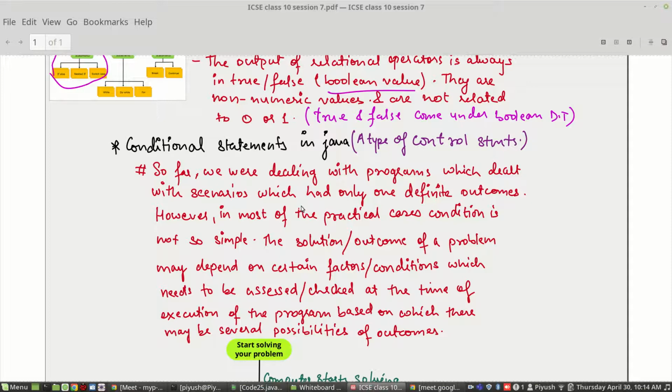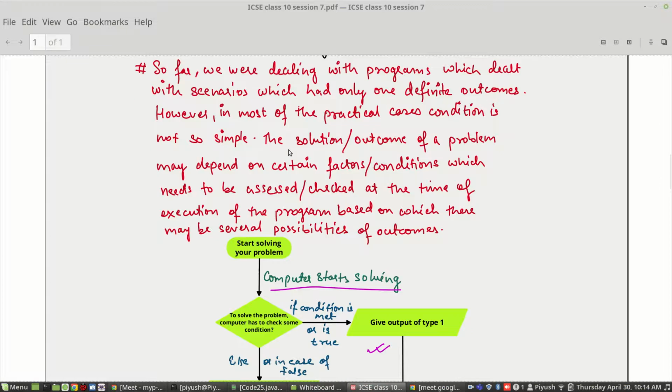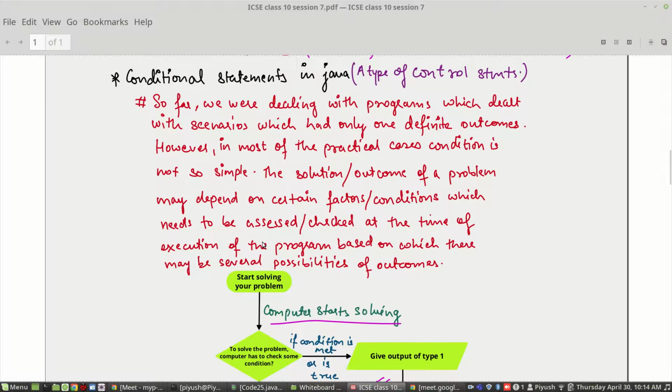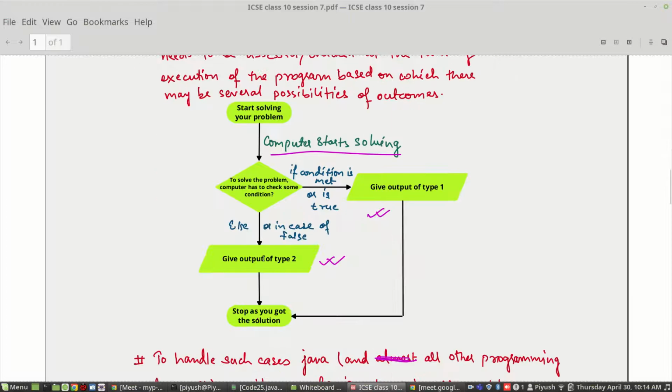For handling such cases, there should be a mechanism in programming languages which can deal with situations where, depending on some factors or conditions, different outputs can be given. This feature is there in all programming languages, including Java, and it is implemented using a control structure known as the if statement.